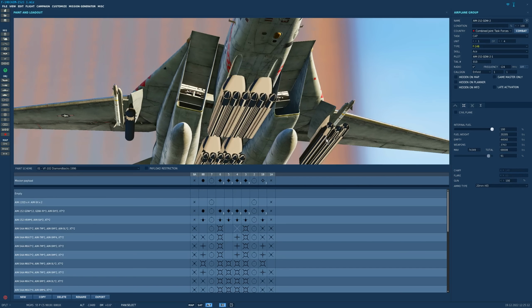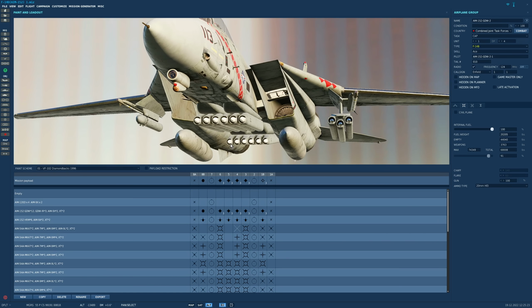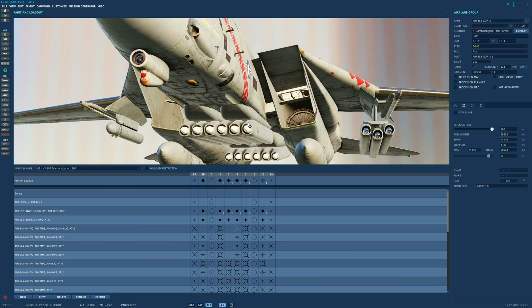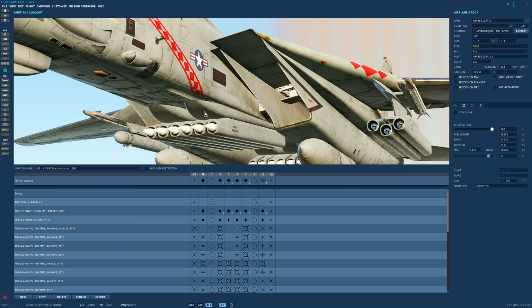Now this is really interesting. If we look at the GDW in more detail, first you notice you can carry lots of them. You can carry 15 of them. Apparently this is accurate. Now you see how they're on these little external ugly pods here. That's not how they would have been. We can't model it how they actually would have been. They actually would have been recessed into the fuselage of the Tomcat. So all you would see poking out is kind of little holes in the fuselage, and then the missiles will